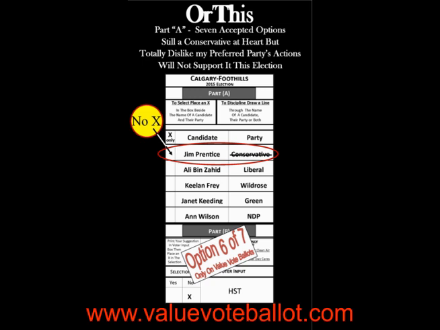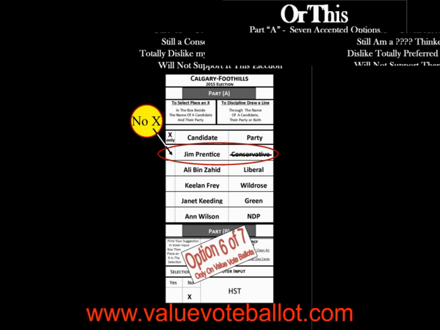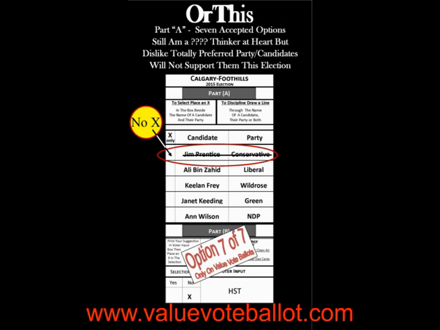Option number 6, the voter omits the X and draws a line through the party's name. Again, strong message. This time the voter does not like what the party has become. Still likes a grassroots philosophy, but cannot support the party or leader's actions. Option number 7, omitting the X, the voter draws a line through both the party and the candidate's name, showing they are still Conservative at heart because it was through the Conservatives that they drew the line, but thoroughly disappointed in its selected members, its leader, and the party's actions, words, their twisting of or their ignoring the Conservative grassroots philosophy.